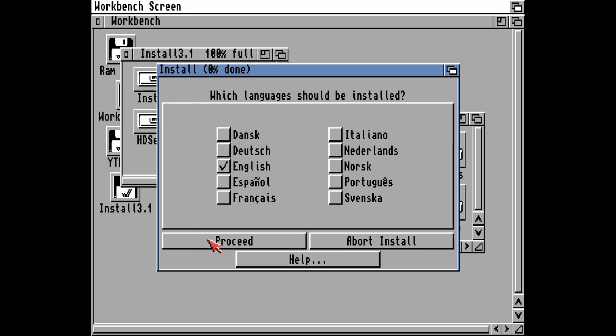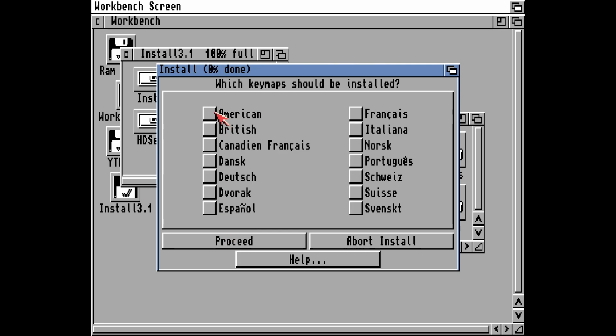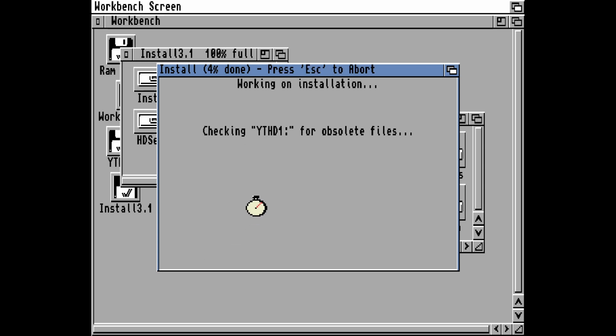Yes, English, pick your language. We don't have a printer. American English, but whichever course here, depending on where you are. And then proceed. And then check the drive for obsolete files. Now, if you get a weird error here where it's like you want to move the files, so to speak,